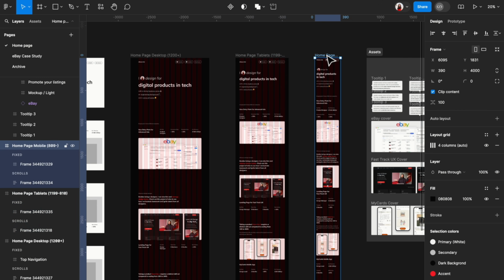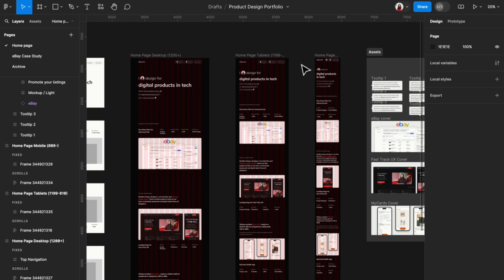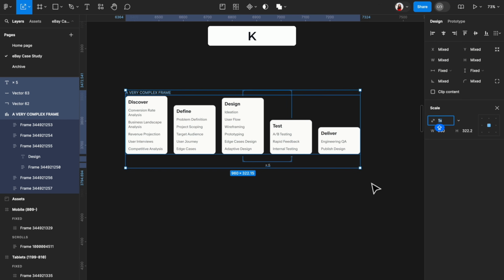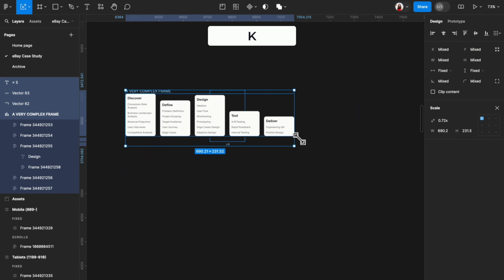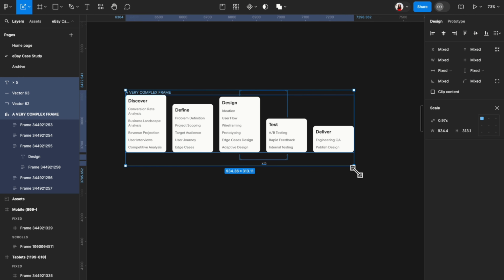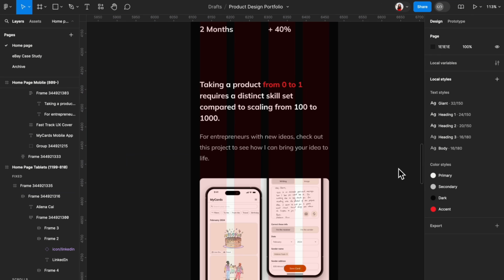This step is optional, but if your tablet and mobile breakpoints need a lot of adjustment, I'd recommend doing it. You will love the K tool for this. It lets you resize complex elements while keeping proportions correct. Just press K on your keyboard and select some elements to try it out. However, I don't suggest you resize body font. Body font should always be around 16 pixels across all devices.